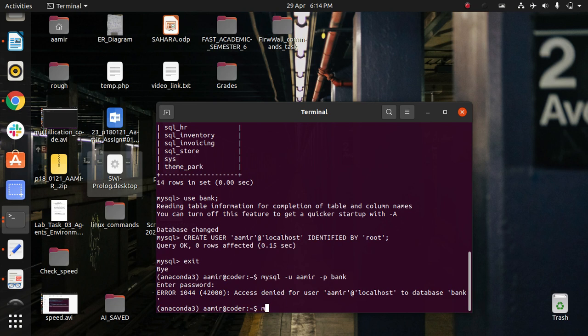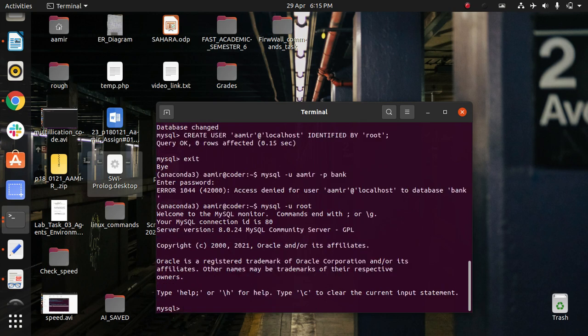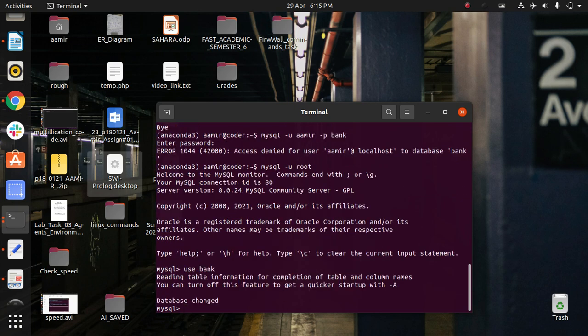So what will I do? Let's log in as root again, and use bank. Here I will give privileges to that user. First, let's check show grants for Amer at localhost.